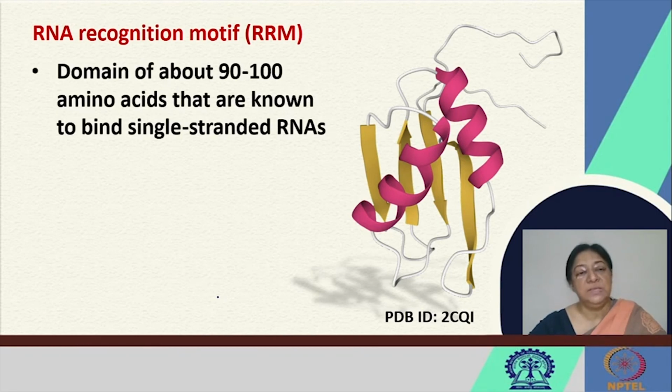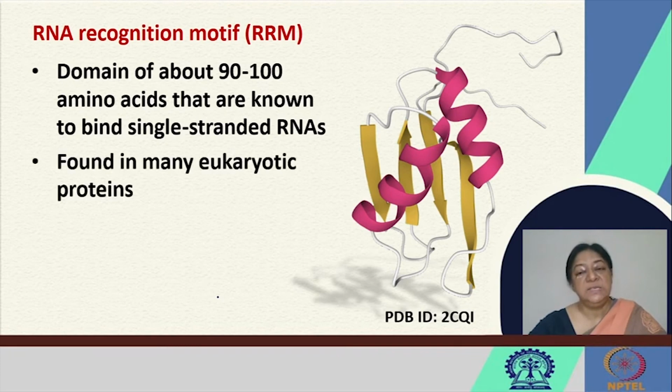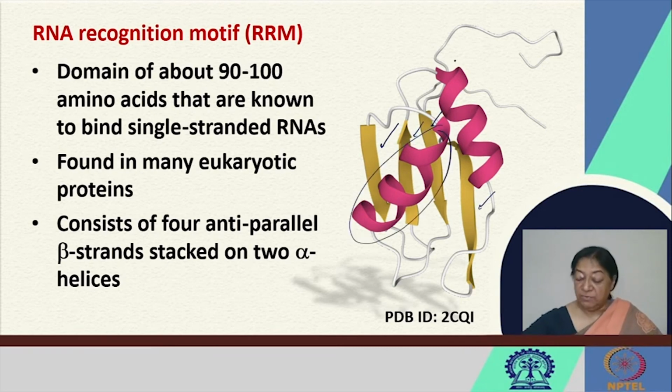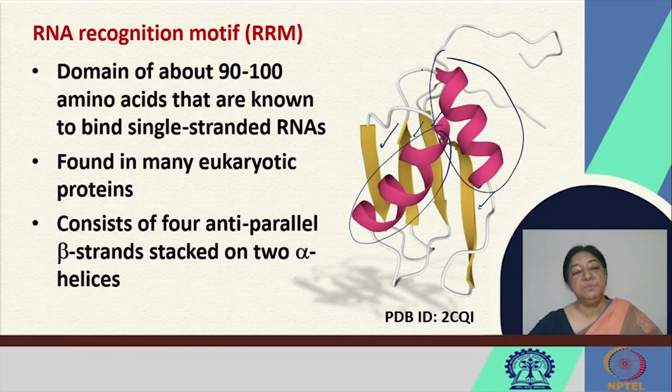So the domain in this case would be about 90 to 100 amino acids that are known to bind single-stranded RNAs. This is found in many eukaryotic proteins, and it consists, as we can see, of 4 of these anti-parallel beta strands that are stacked along 2 of these alpha helices. So this is the specific